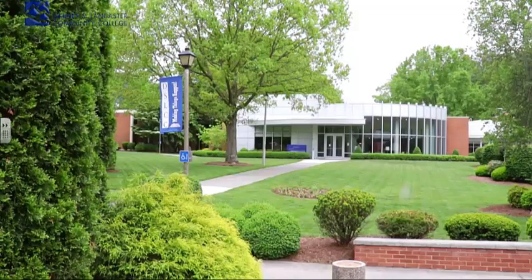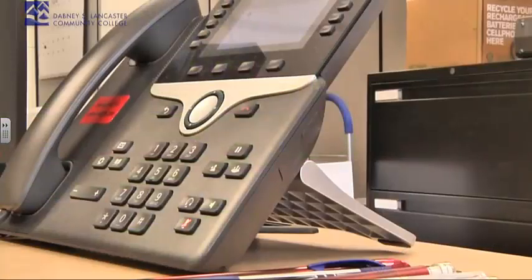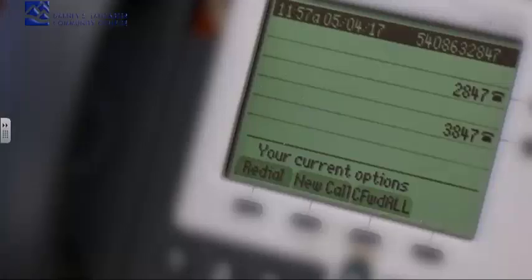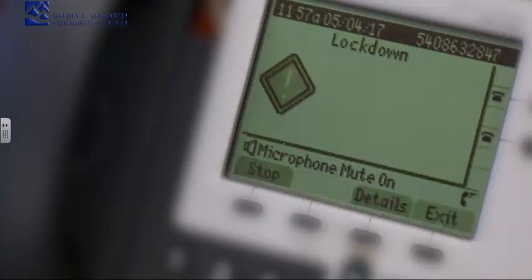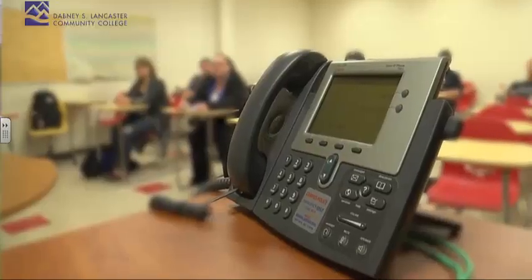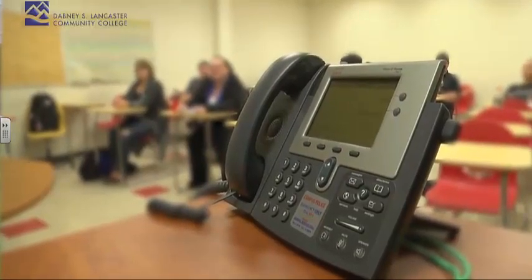The phone system produces an audible alarm and verbal notification of the campus emergency. In the event of an incident, a message should be broadcast over every phone on campus. Attention. DSLCC main campus is under a lockdown at this time. Please pay attention to messages and take them seriously.